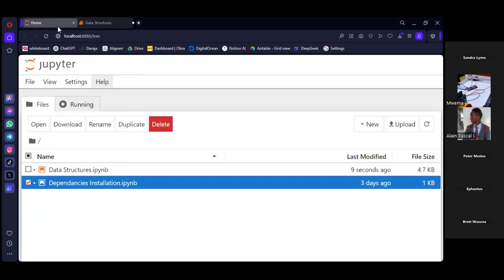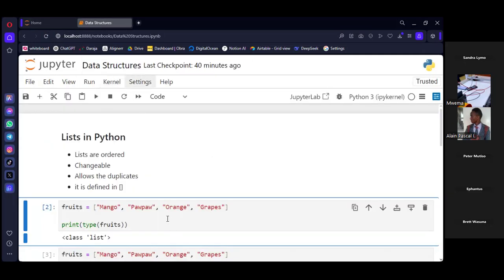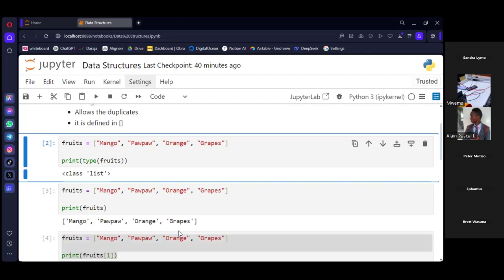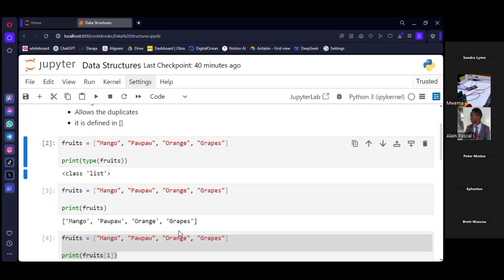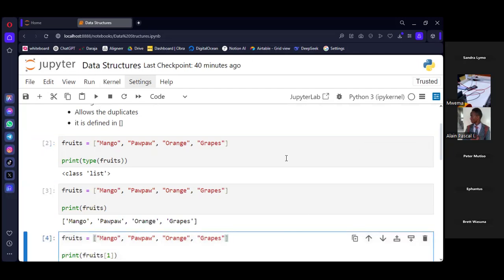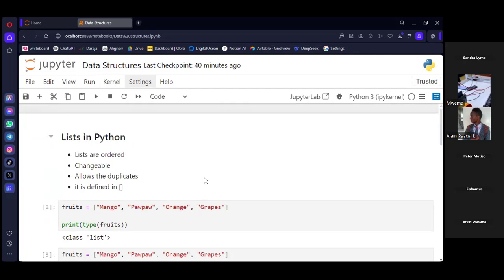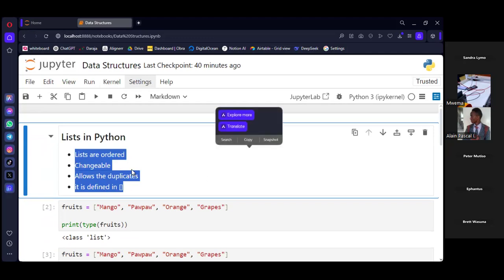Now, is it clear? Is the list clear, guys? Before I talk about tuples, have you understood? Wonderful. So you need to just know these attributes of the list. Once you know these attributes, you can do research and know what methods you can use.